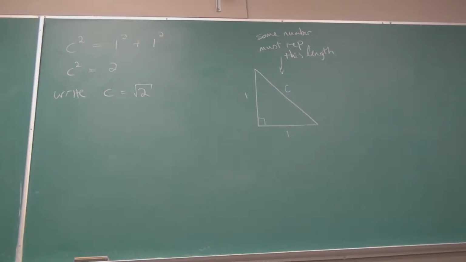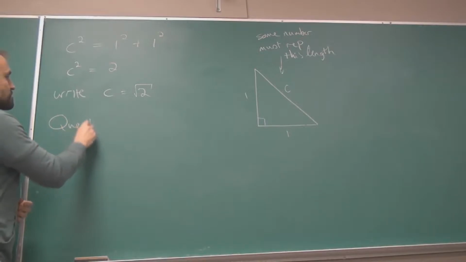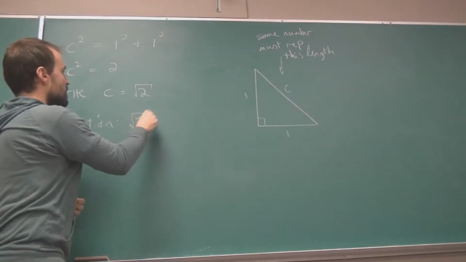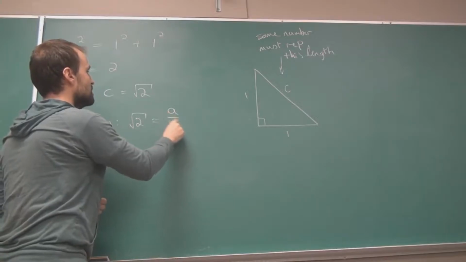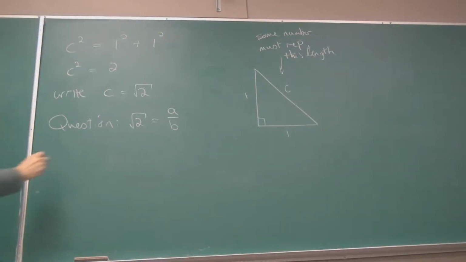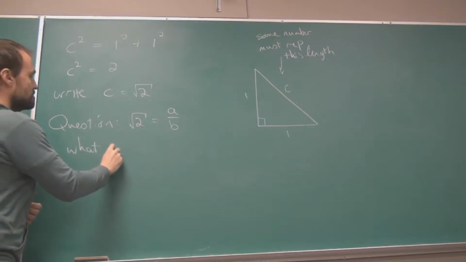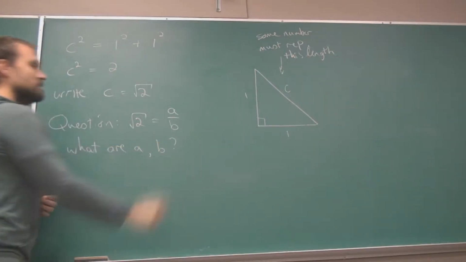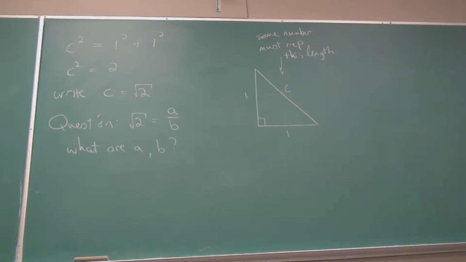So now they believed firmly that somewhere that number is sitting over here. I've measured it. I'm just giving it a name. I'm representing it like that. So now the question is, this quantity is some fraction. For some a and b, what are a and b? Because fractions are everything. There's nothing missing from the list of fractions. I just need to find the a and the b that correspond to that fraction. It sits somewhere over here. What could it be?